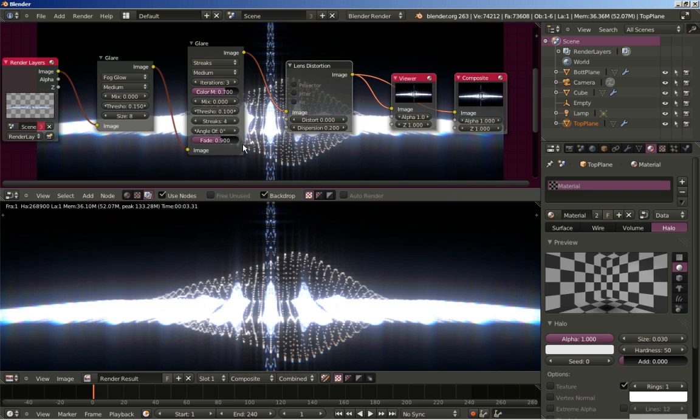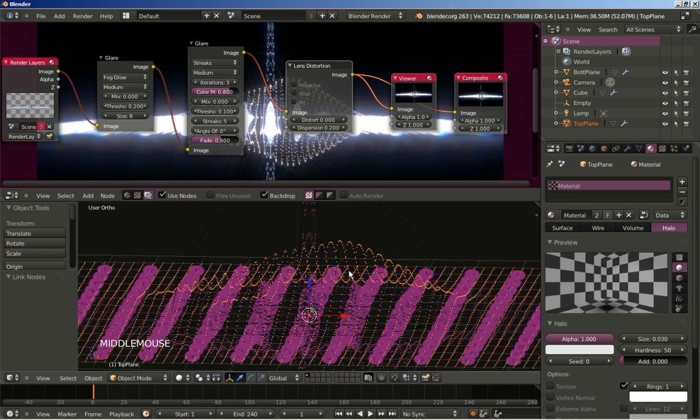Okay, and I'm going to increase the number of streaks from 4 to 5, and again it's a bit too bright. Let's set it to 0.2 for the first glare node and increase the color modulation to 0.8. Okay, we might have to work with this later on. Okay, escape key now,